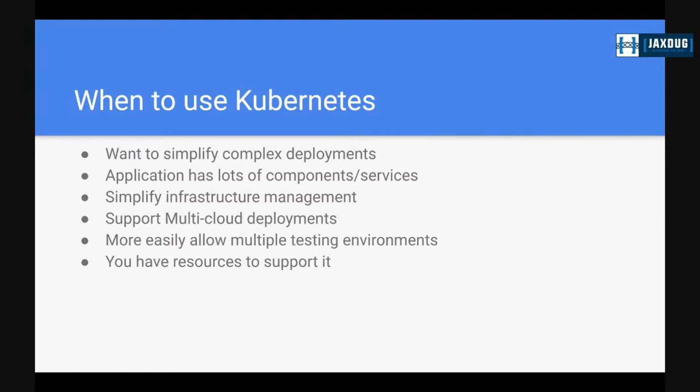Kubernetes helps you support multi-cloud deployments. Now, for most people, you're like, oh, we're only on one cloud. Like, we're on Azure, we're not switching, right? We're on AWS, we're not switching. So it's kind of like databases. People don't change databases. And that's true. But where this does help is,